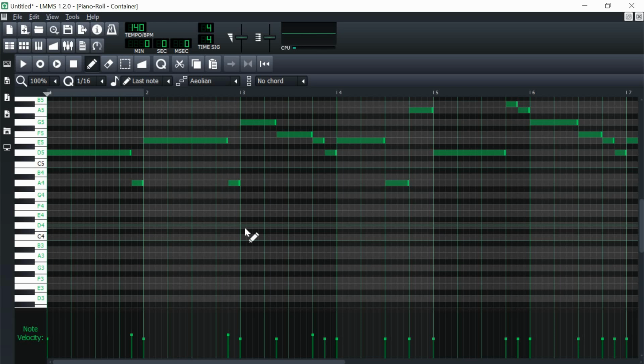So the last thing that I'm going to do here is just pitch this down an octave, and an octave is basically from, let's say, this D right here to this D right here. So it's essentially the same note but 12 notes apart. Kind of confusing, but also you probably understand what I'm talking about. So I'm going to just pitch this down by doing Control and then down,